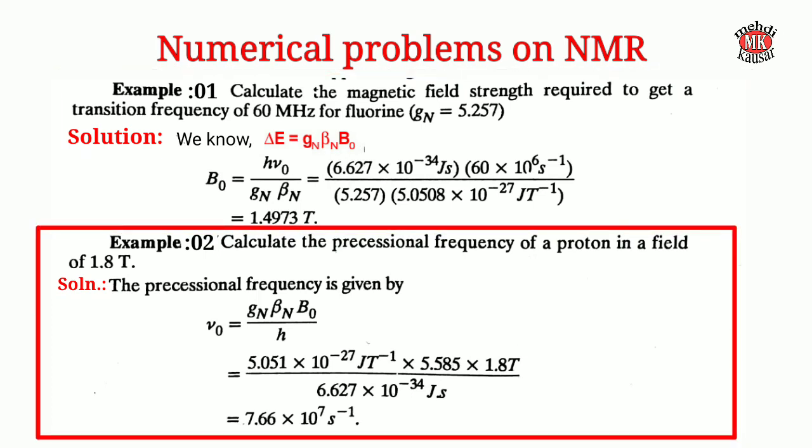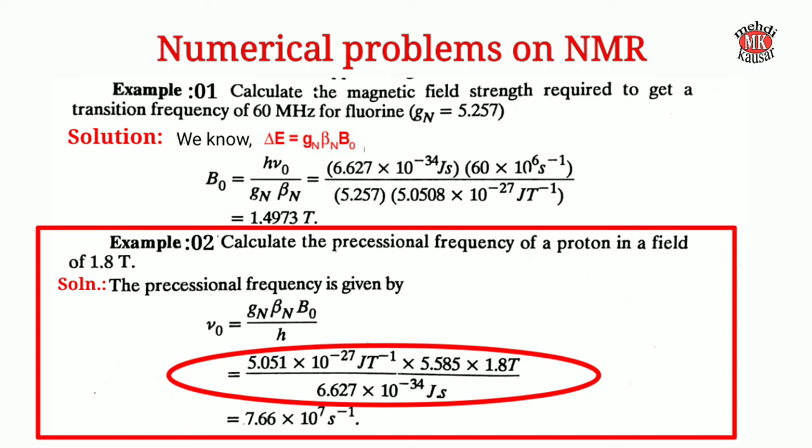In the second problem, we have to calculate the precessional frequency of a proton in the field of 1.8 Tesla. This problem can also be solved by using the relationship ΔE equals Gn βn B0, and since we know ΔE is equal to hν0, therefore we can write hν0 is equal to Gn βn B0, from which we can write ν0 is equal to Gn βn B0 by h. Now substituting the value of Gn equal to 5.05 into 10 to the power minus 27,